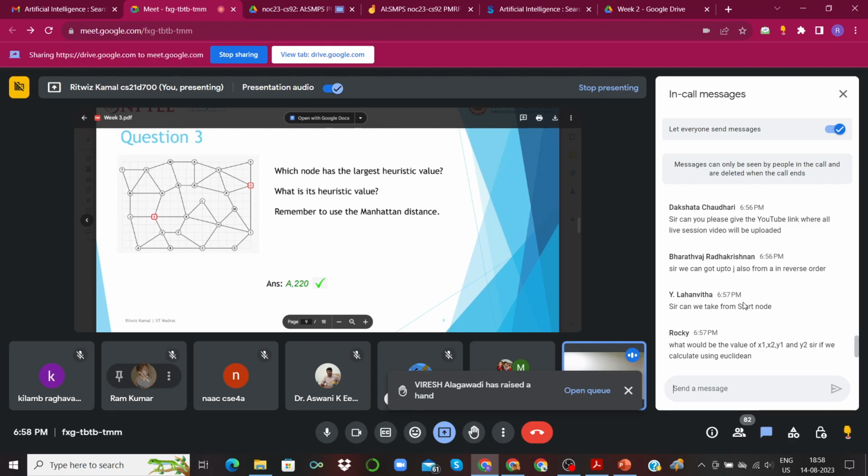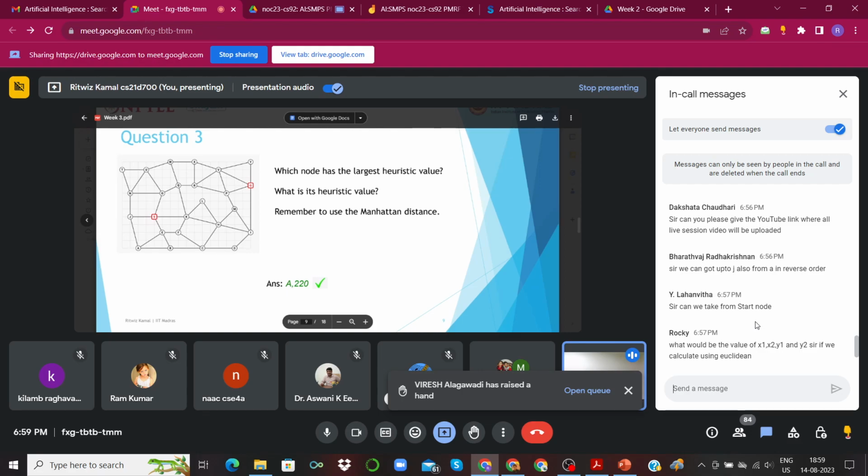Getting back to the questions in the chat box, why can we not take the heuristic from the start node? Good question. I was also confused about this earlier, and thanks to Ram for clarifying that. It is non-intuitive to take the heuristic value from the start node, because our goal in defining the heuristic values is to eventually follow certain steps that bring us closer to the goal node. How can we decide whether a node is closer to the goal node or not?